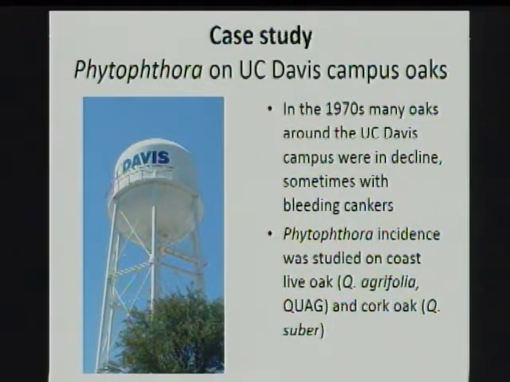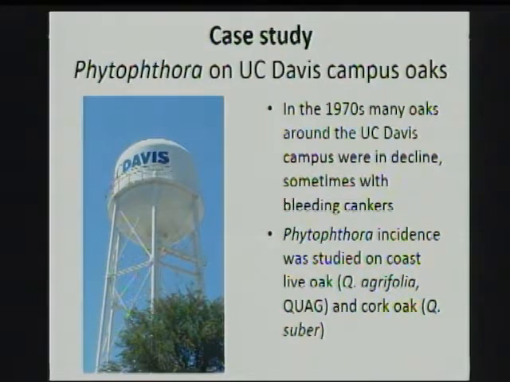So let's talk about an example that I think really is pretty straightforward, and it really shows how we're dealing with all these issues. So UC Davis campus, back in the 70s, we have all these great oak trees, including the cork oaks that were planted during World War II, and something I learned about from Linda Spar, who's a UC Davis employee.